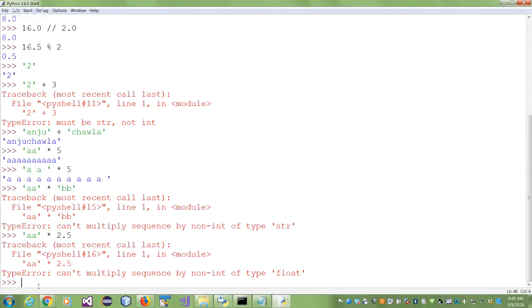Though we say, oh, 2.5 times something, we say 4 times something. Human beings can say 10 times, 5.5 times, but here you can only use an integer. So the plus operator is called the concatenation operator, and it is also called the addition operator. The multiplication operator is called the multiplication operator and the times operator, or the replicating operator for strings. And both these operators are overloaded.